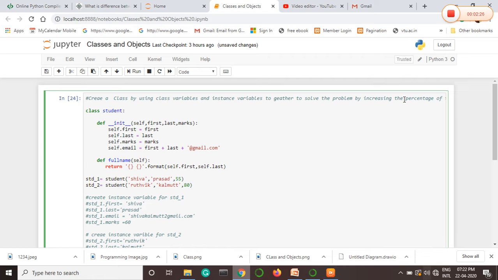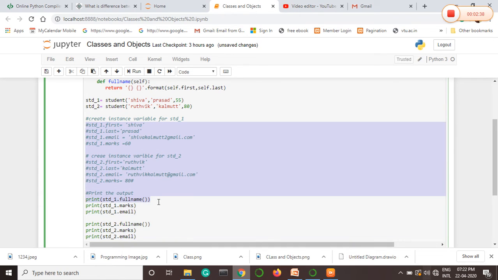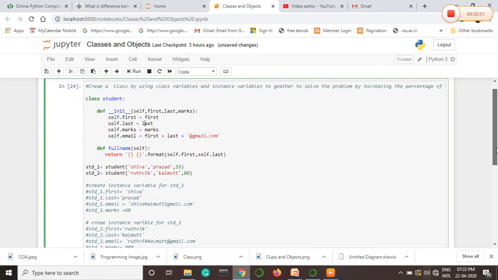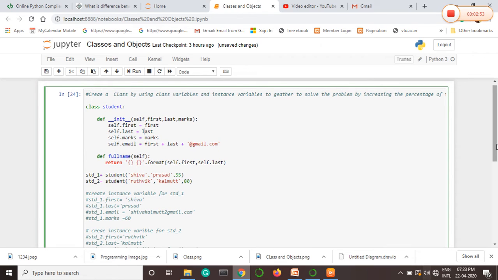Till now, we have come across the marks that have been allocated for Rutvik as well as Shiva Prasad, and those things act as instance variables, which we have come across in the previous classes. Now, how to declare the class variable, and where does this class variable have to be declared? As I said earlier in the previous video, in order to define the class, we require a class variable, an instance variable, as well as a method or a function, right?